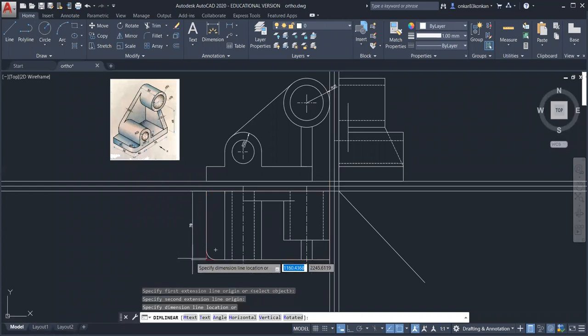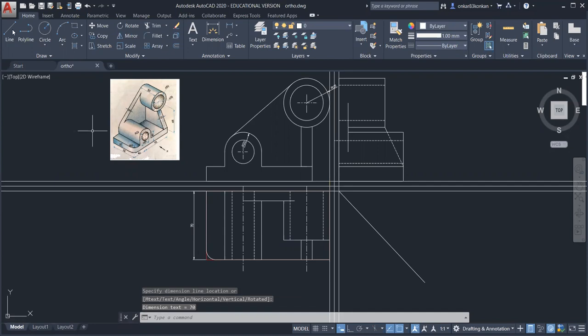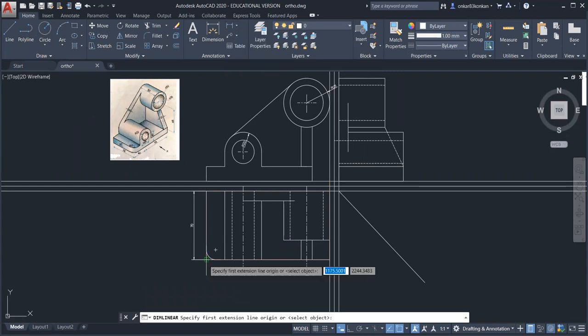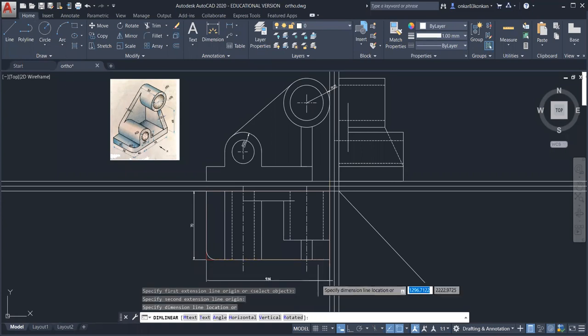And just move the cursor on the left side to give the dimension. Okay, so this is the dimension 70 mm. So now select here again linear. Select this point. Select the second point. So this is 134.